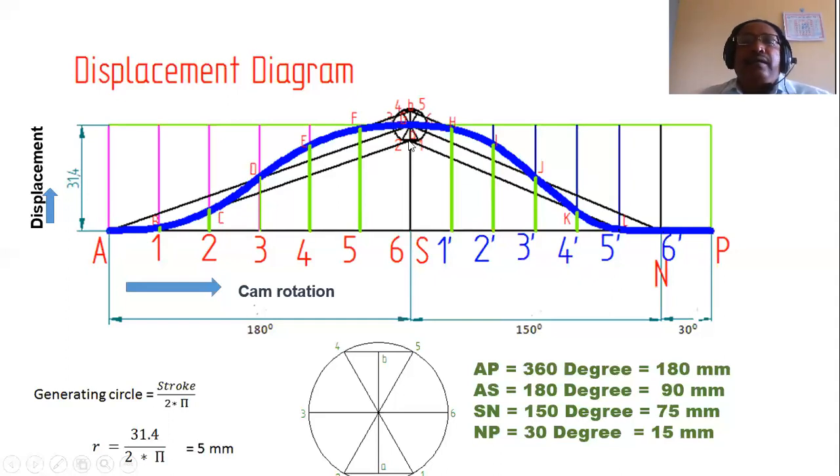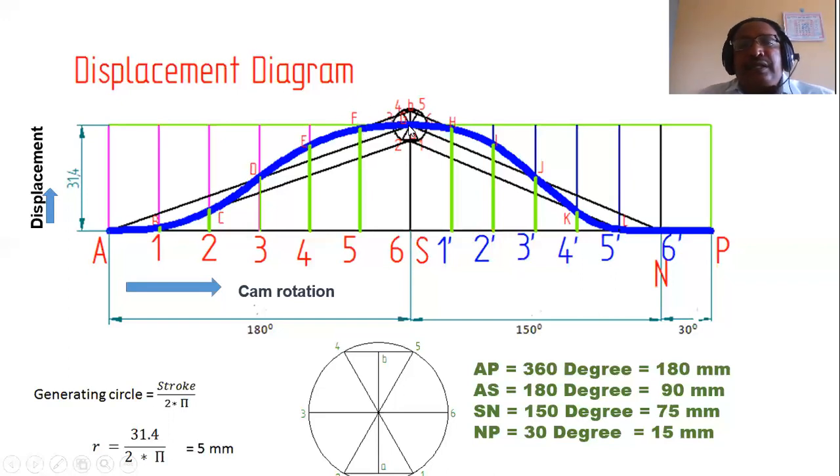Then from point A, draw a line which is parallel to center to A. So you'll get this line. This line intersects the lines which are drawn from 1 and 2 at the points B and C. And this diagonal intersects the line which is drawn from 3, mark that point D. Similarly, from the point B, you draw a line parallel to this diagonal so that it intersects the vertical lines which are drawn from 4 and 5 at the points E and F.